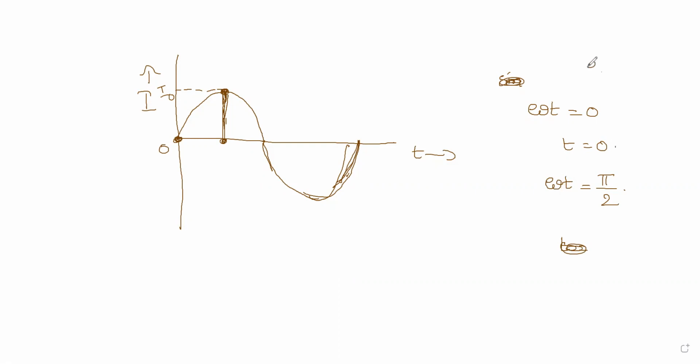We write it in terms of omega, and we know that omega is 2 pi by T, where T is the time period. So what is time period? Full time period is the time to complete the full cycle. What is a full cycle? From this point to this point, one positive plus one negative is called a full cycle. To complete the full cycle, the time it takes is called the time period. That is T. Clear? And now omega is 2 pi by T.